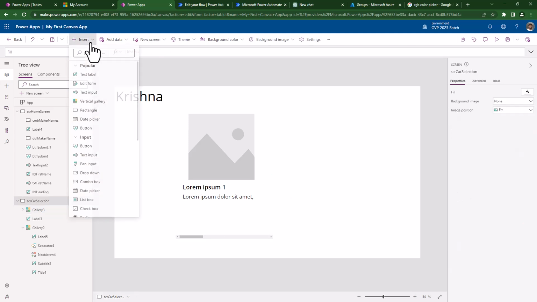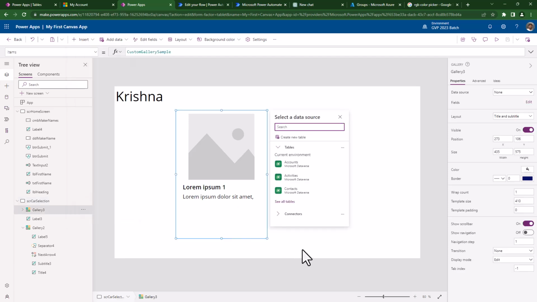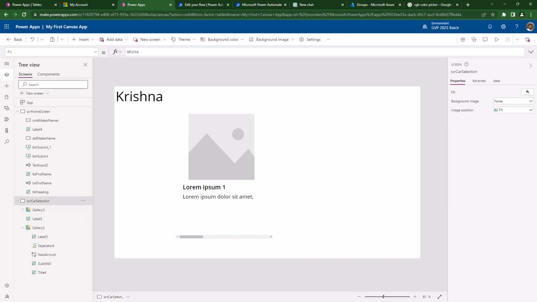And the last but not least is the flexible height gallery. That will take a good amount of time. We will cover it in the next class. Okay, so these are the two different types of galleries we learned today. Followed by that, the homework for you guys is